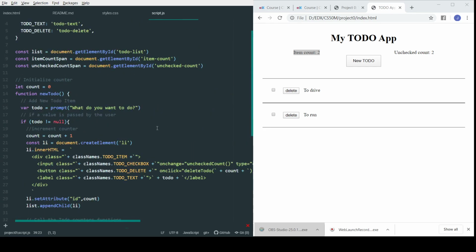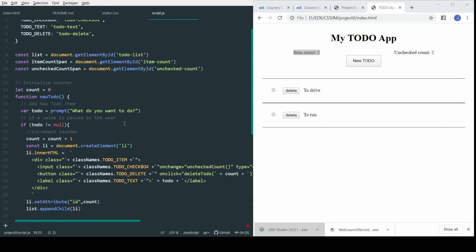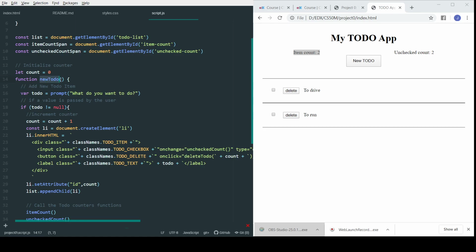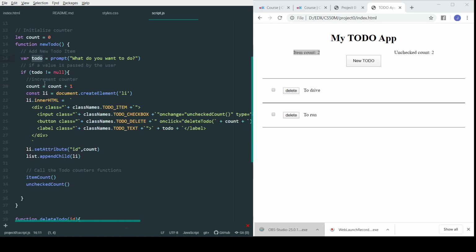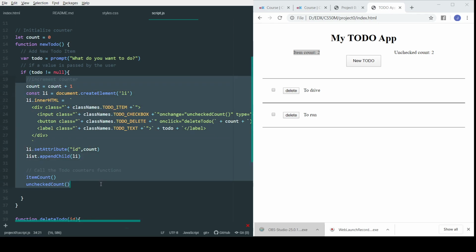item. And to start with, in the new to do function, I initialize a counter called count with 0, and then updated this line entry to ask the user for an input. And whatever that input is, it's assigned to the to do variable. And if that to do variable has an entry on it, meaning it's not null or the user did not cancel, then it will execute this set of